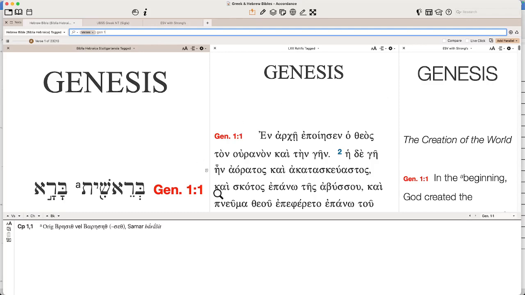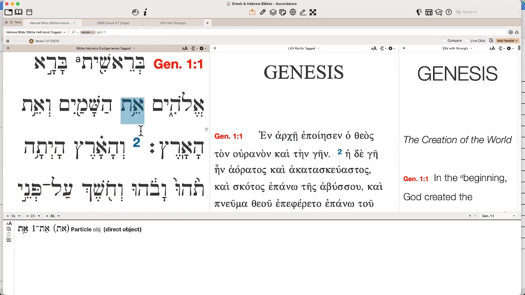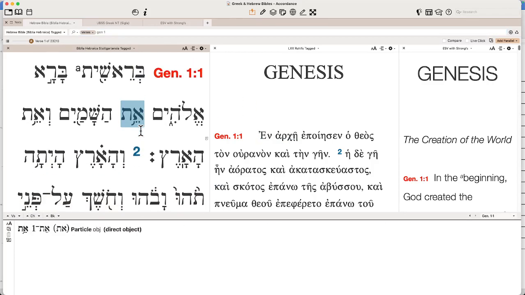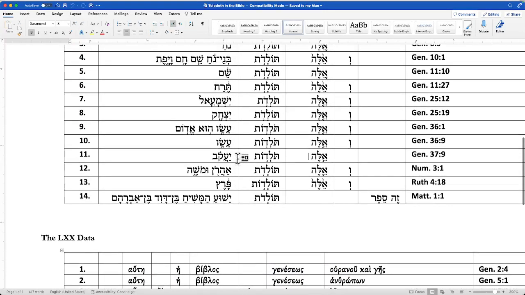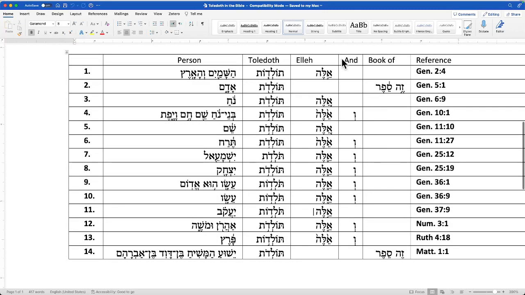Here's what I wonder about the text. You've got this story, Genesis 1:1 to 2:4a. But then we have a question. Does 2:4a go with what went before, or does 2:4a or 2:4b, however you want to call it, start the second section? Well, when we look at the Toledoth in